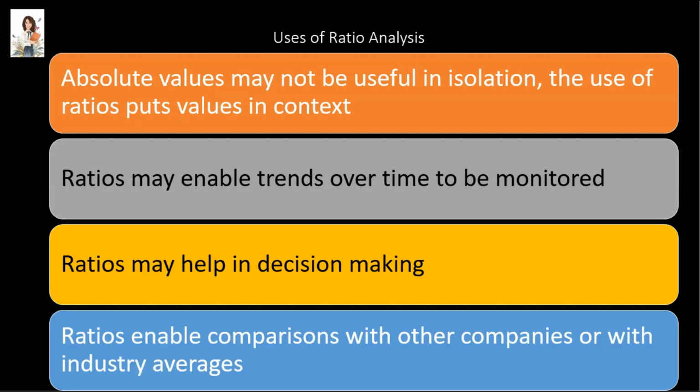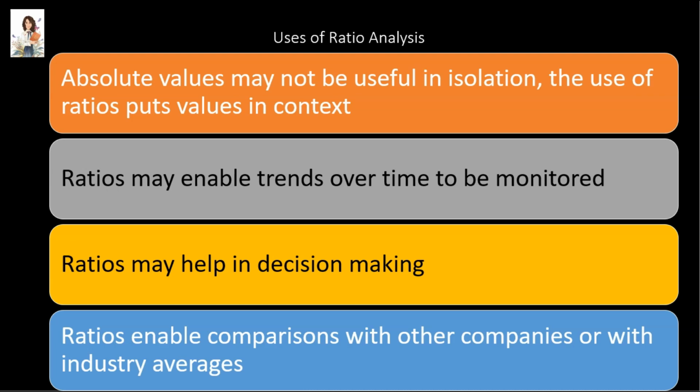Let us look at the uses of ratio analysis. Ratios express the numerator in terms of the denominator and vice versa. This helps to make the analysis more meaningful instead of simply stating amounts in isolation. For example, average inventory on its own might not be useful for business performance analysis, but compare it to the cost of sales and it sheds light on the rate at which sales are made.